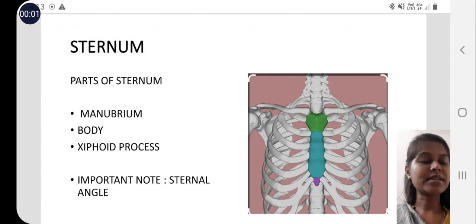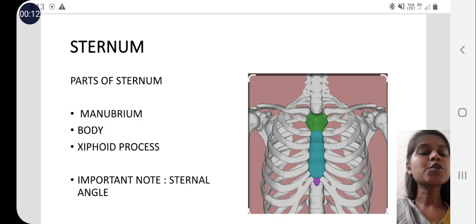This part is about the sternum. It contains three parts: manubrium, body, and xiphoid process. The manubrium is the uppermost part of the sternum, present in the superior aspect. It contains the joints of the clavicular facet and the first rib costal